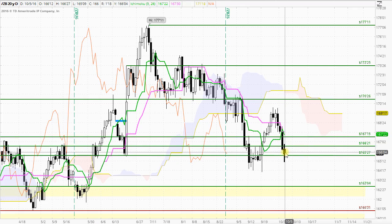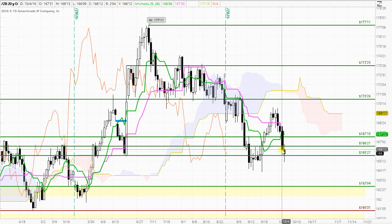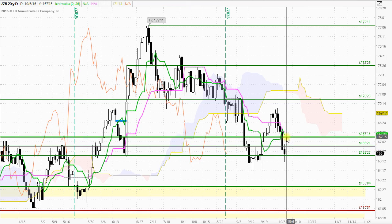The formation of an indecisive spinning top type candle does suggest that there is potential for a change of trend back to the upside off the back of this indecision now entering the market after the strong selling of the previous day's trading. If we do see a change of trend, looking to strong resistance, firstly at the 166.21 level, which held as resistance today, and then if the buyers are strong enough to trade up through there, the 167.15